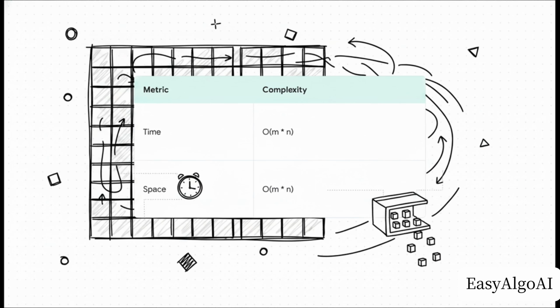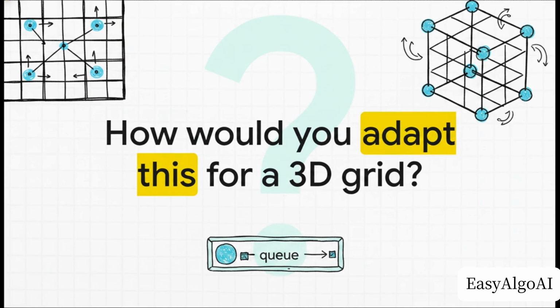Space complexity, it's exactly identical, O(m × n). This is primarily dictated by our queue, which, again in the worst case, might have to hold almost every cell in the grid all at once. So both time and space scale linearly with the size of the grid, which is highly optimal for this kind of simulation. So we've successfully transformed a static 2D grid into a dynamic graph, and we tamed it using a